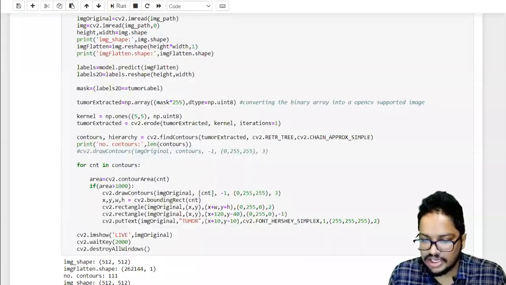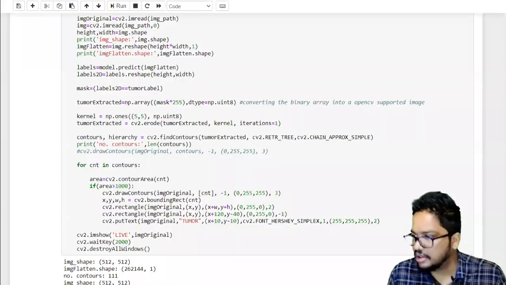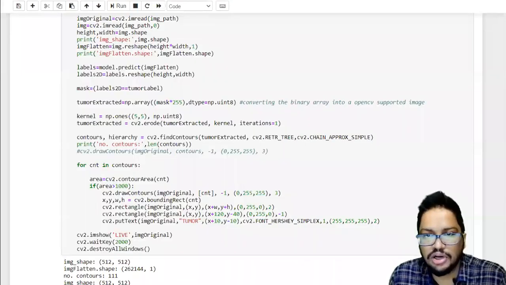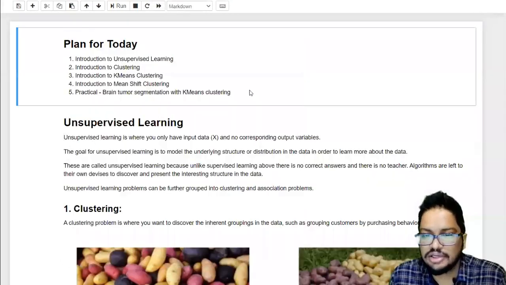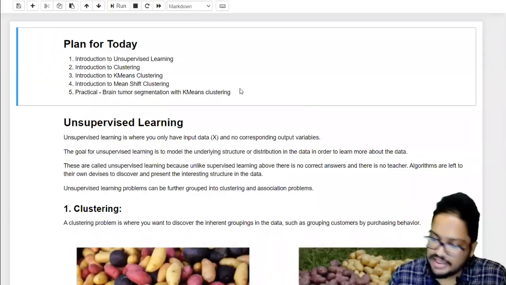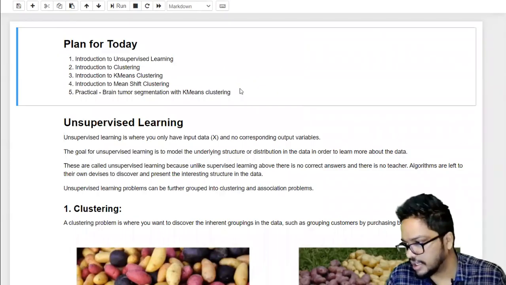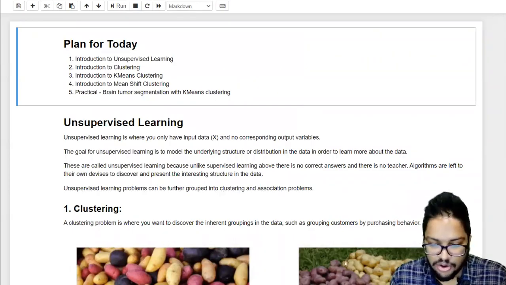And we will discuss how to do this in the practical today, right? But before going on to that, we need to discuss what clustering actually is. Then thereafter, we will move on to this practical application, right? Okay, so